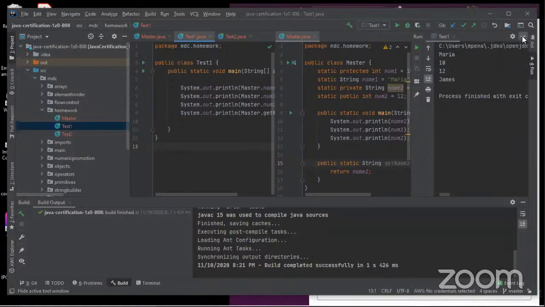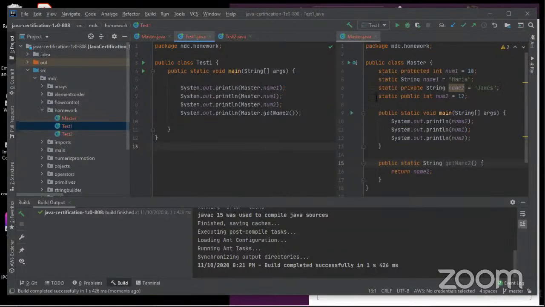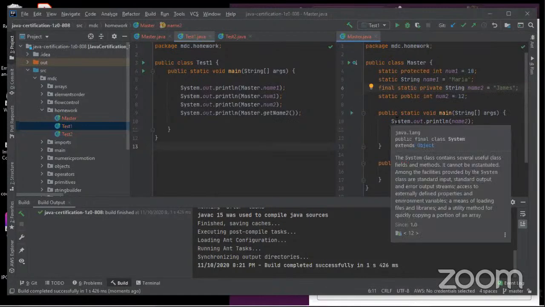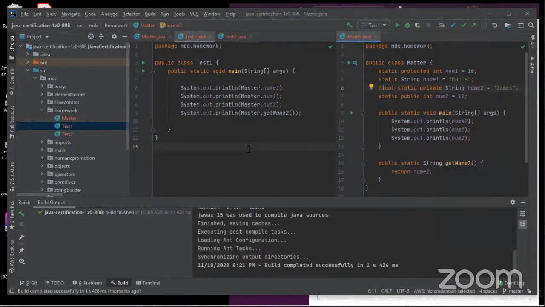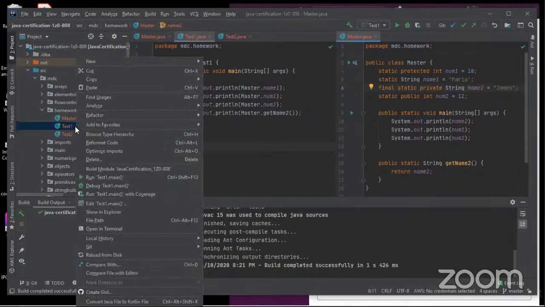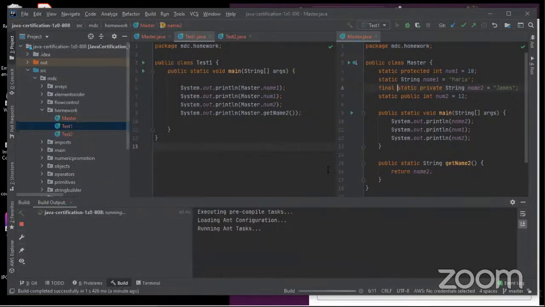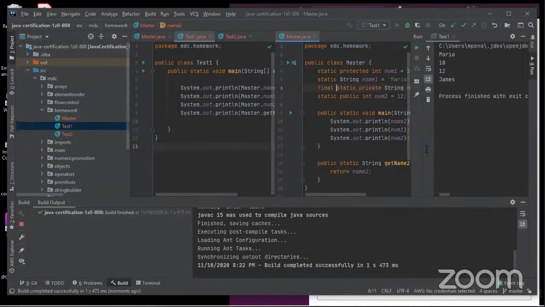Okay. If I make it final, now it's not going to work. Let's see. Well, that's a variable. That's not a method. Oh, if it is a method, it has to be in the method. Oh, okay. Now, in test 2, Maria, in test 2,